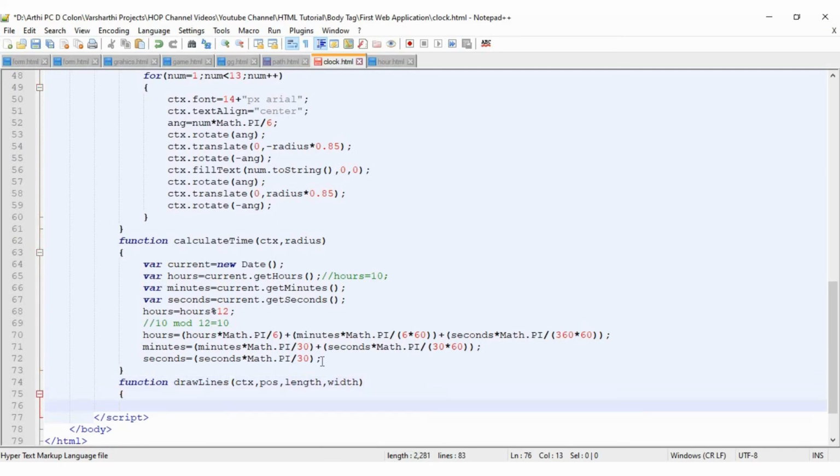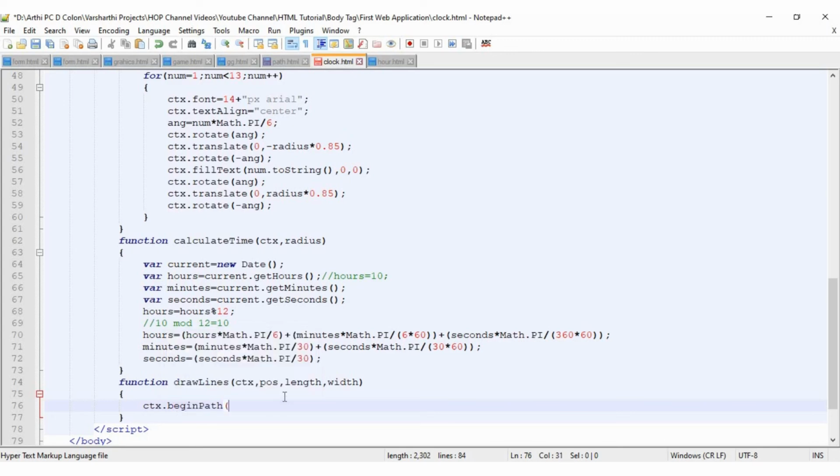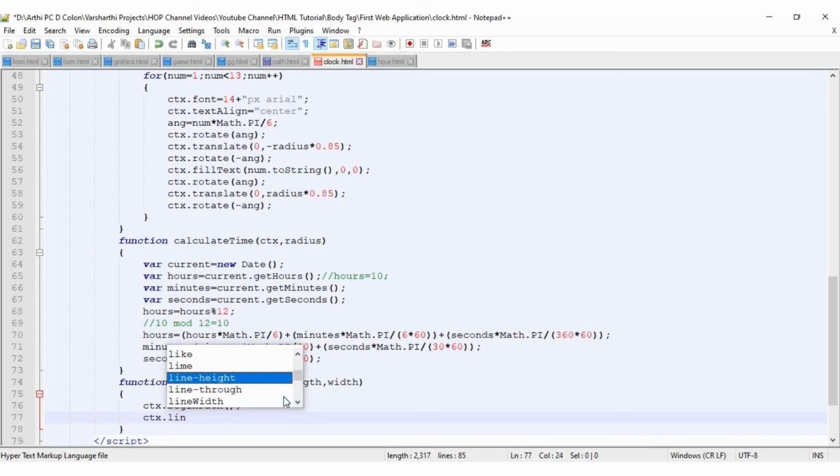Here position is nothing but the angle that we have calculated. Here we can create a path, but if you don't wish to create a path, you can skip that. Then provide the width value for your path, line width equal to width.